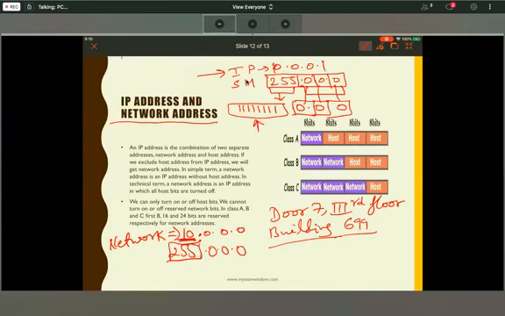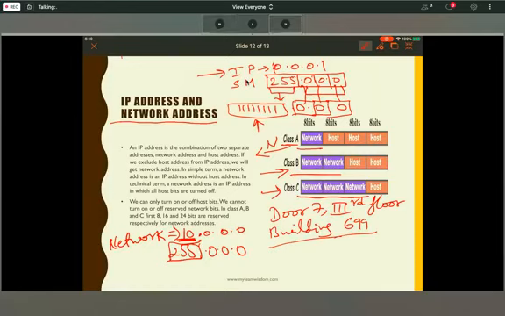Network ID is 10.0.0.0. In the network ID of class C, the first 3 octets will be 1. The first 2 octets will be 1 for class B. The first octet, or first 8 bits from 32 bits, will be our network part in class A. You got my point?